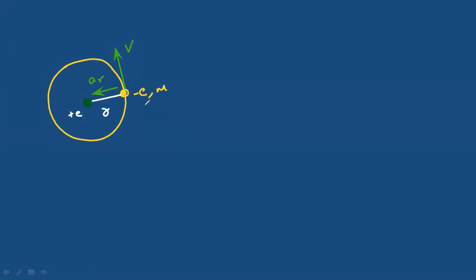And who is providing that? That's the Coulombic force. So what's the Coulomb force? It is 1 over 4 pi epsilon naught times e into e, which is e squared over r squared. This is the force which is equal to the mass of the electron times the radial acceleration, and you know radial acceleration is v squared over r, right? So we get from here